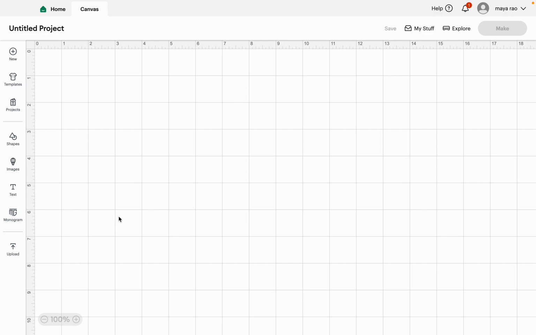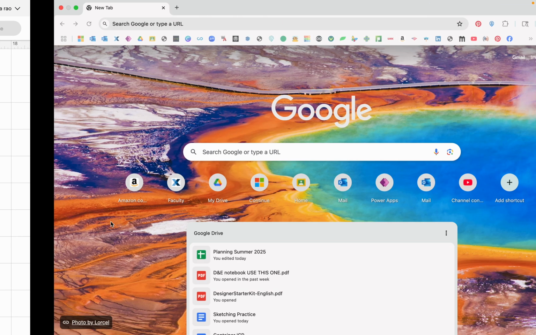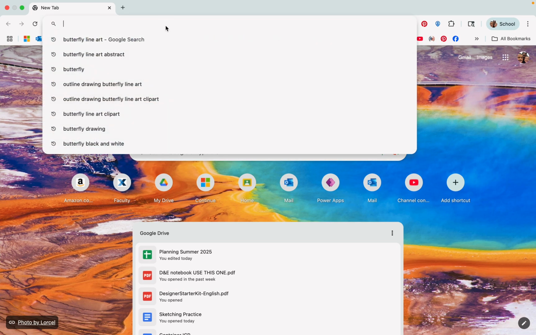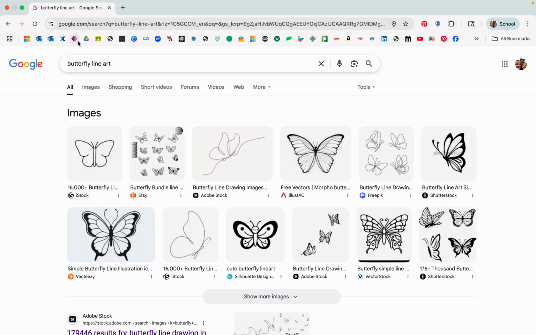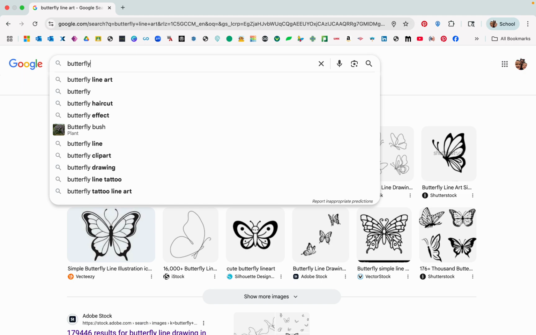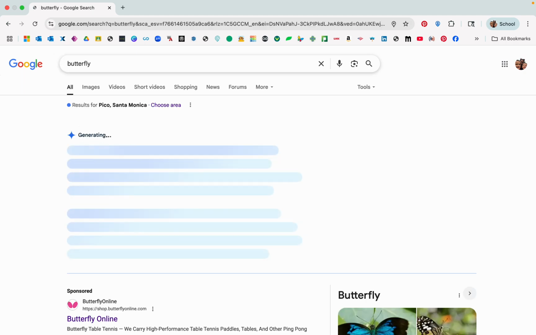If you're an artist, you can scan your artwork and upload it. And if you're like me, where you're not too artistic, you can find a picture on the web. So we're going to go over to the web and we're going to try to find a picture. So let's say I want a picture of a butterfly on my design notebook. There's good ones. I put in butterfly line art, but let's just say I type butterfly, and then I